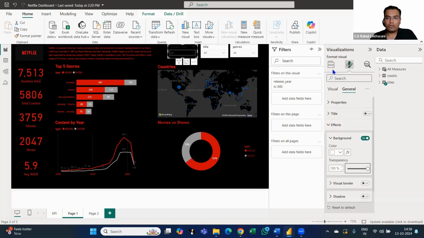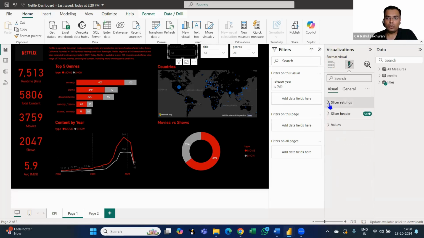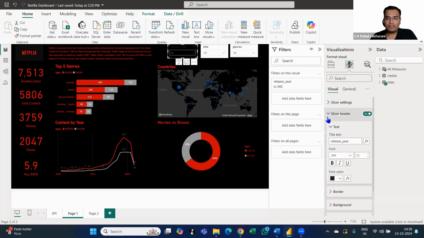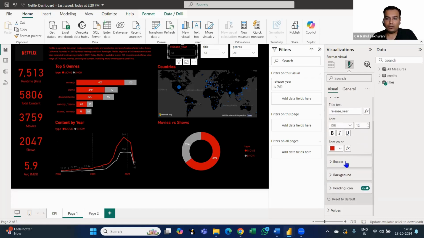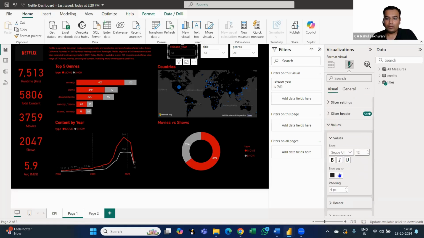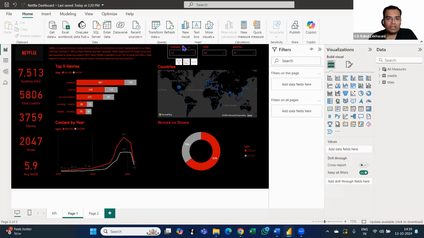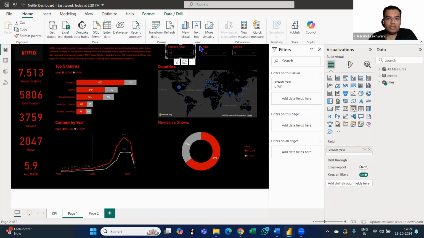And here I'm going to go into my slicer settings, slicer header again, red. Okay. And the selection also I'm going to do red. Okay. So that it can be replicated all across. So let me just format paint it. So in this way, you can actually change the theme of the entire dashboard based on the theme and the logo of the particular enterprise. Okay,